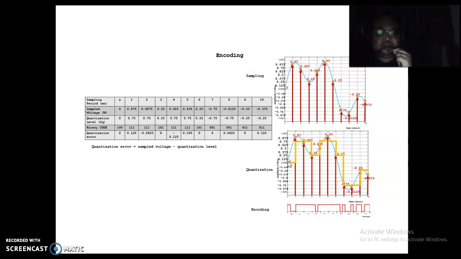So for quantization, you start from the quantization level and then go right. Start, for example, at 0.75, go right. 0.75, go right, and so on. And then connect the dots to create a discrete